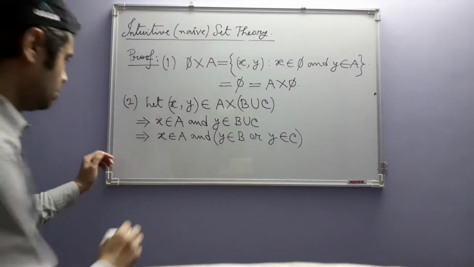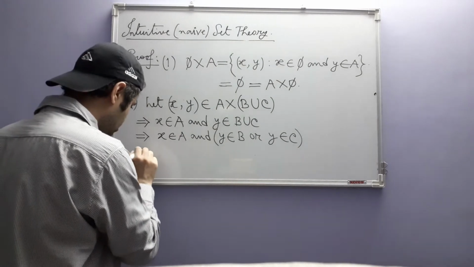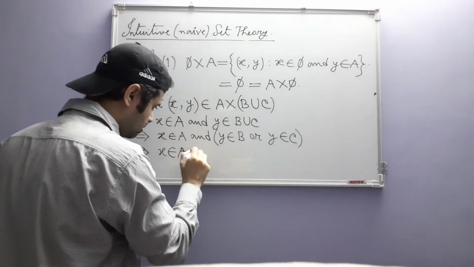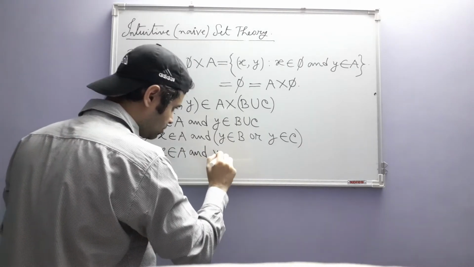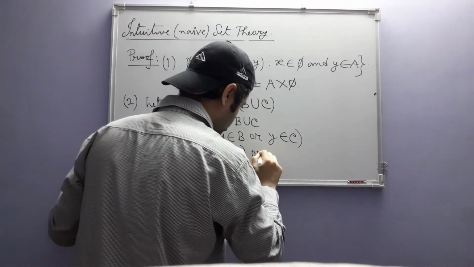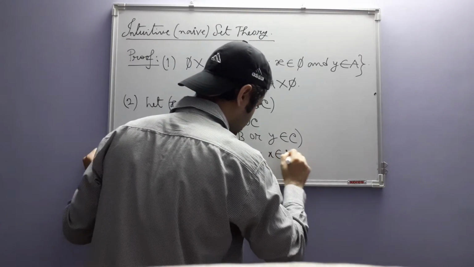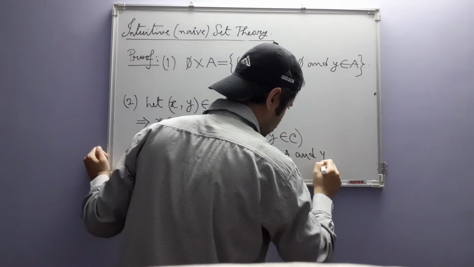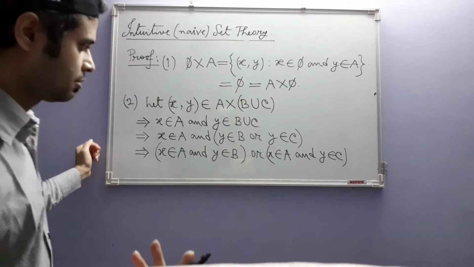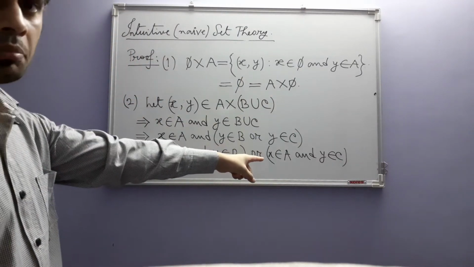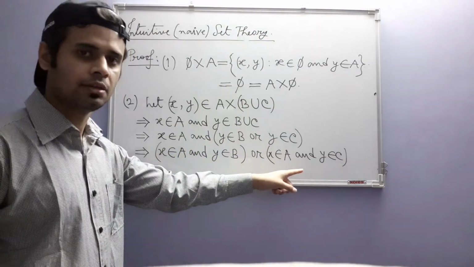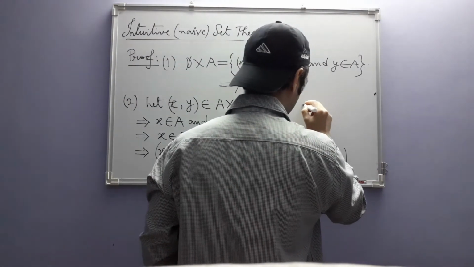Now, this implies x belongs to A and y belongs to B, or x belongs to A and y belongs to C. Why? Here we are applying one of the distributive laws that we have in mathematical logic, which is just this: